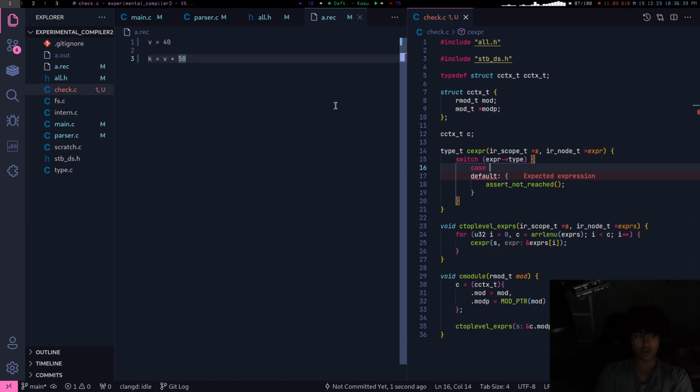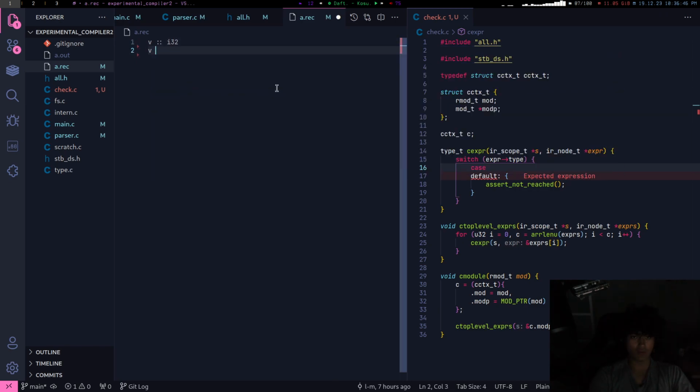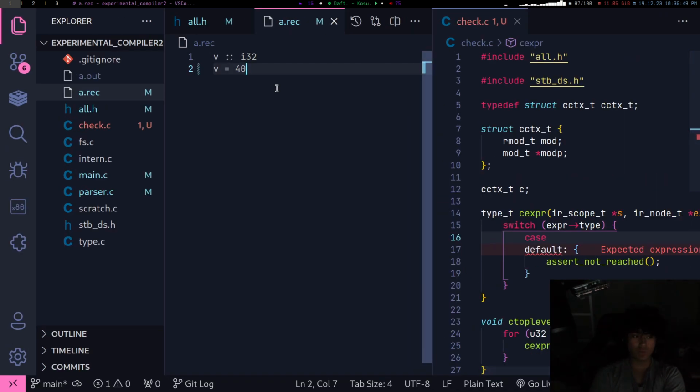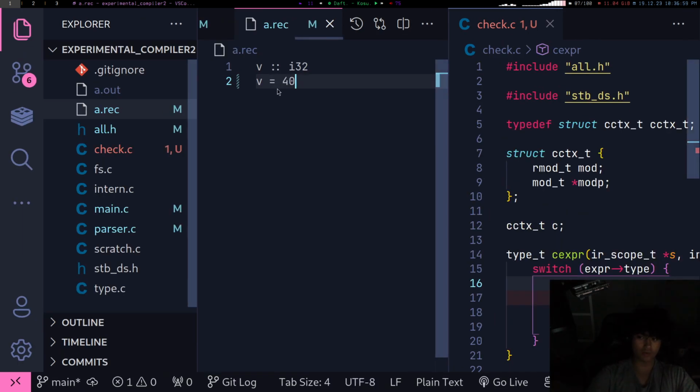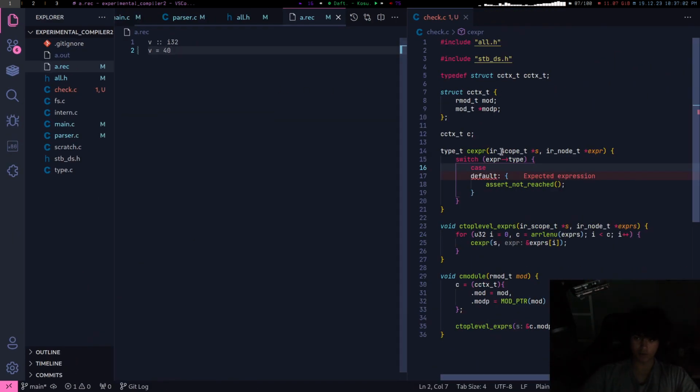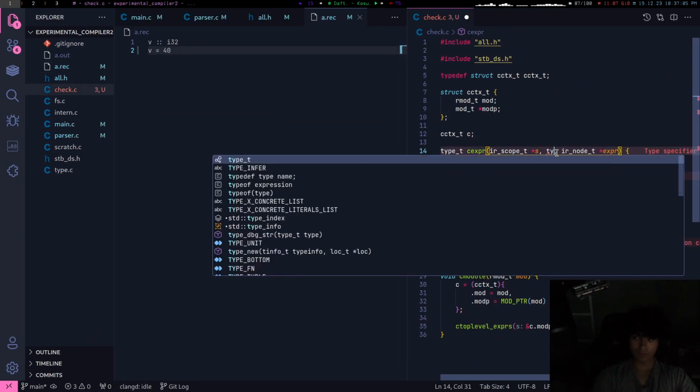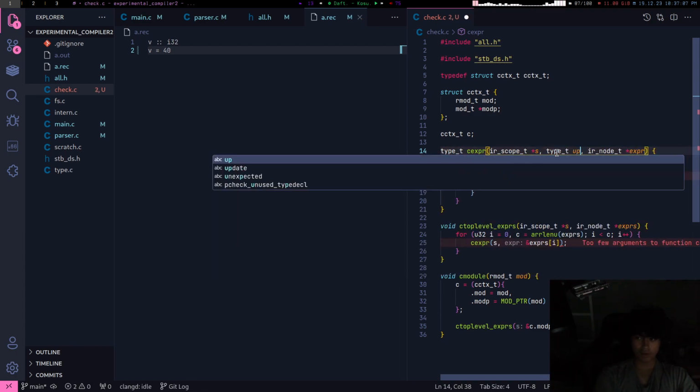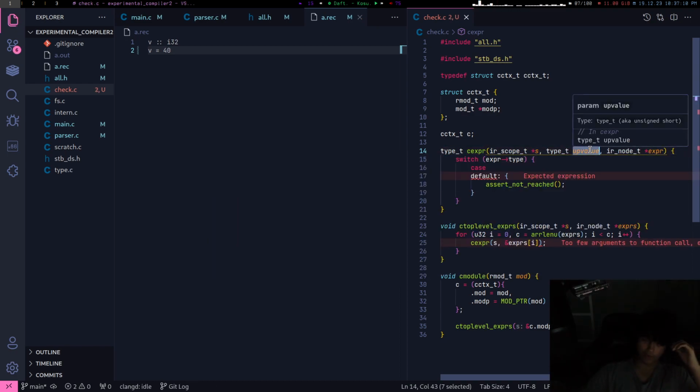You know, I draw a lot of parallels to this in the WebAssembly backend. Because here, let's say you have v equals I32 and v equals 40, right? You would parse up the chain and you'd hit 40, and you'd have to deduce its type. You already know down the chain that it's an I32, but you don't know up the chain. So what I could do is pass this type t up value or something.